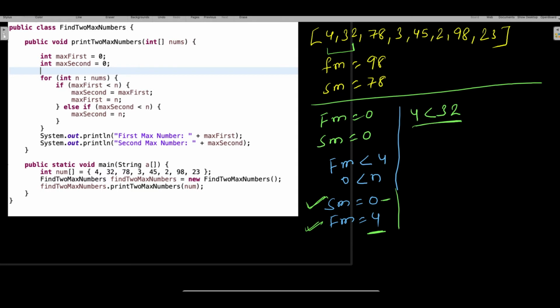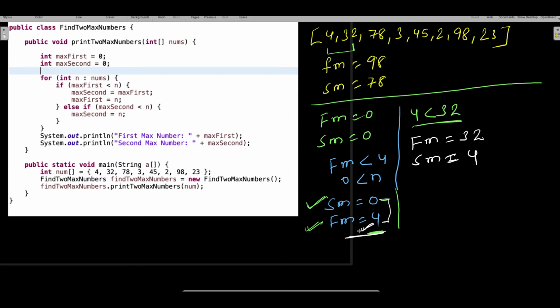This is the case, guys. If you have to write the logic, whatever you have assumed here, there is one data which is greater than the first max number. So actually here your first max number will be 32. Then in that case, when you had this pair, you assumed this is first max and this is second max, but since there is a data which is already greater than the first max number, your second max number is going to be the first max number, whatever data you had here. So this will become 4. You got it? Why do we have to replace? Because whatever I understood as the first max became the second max.